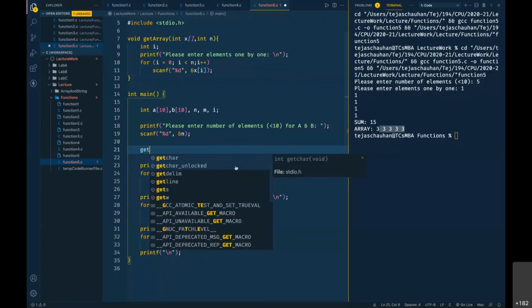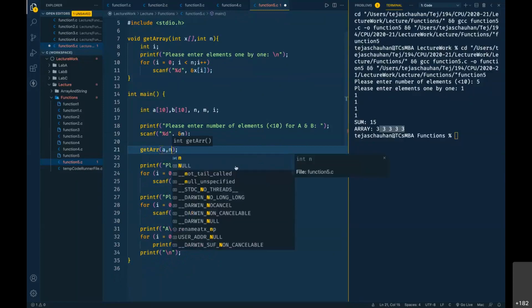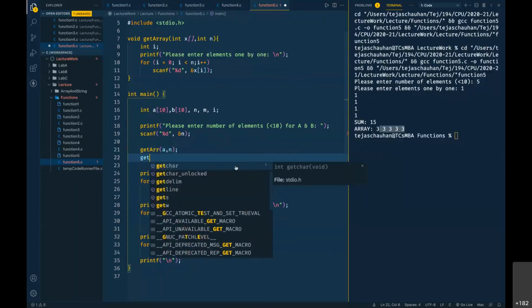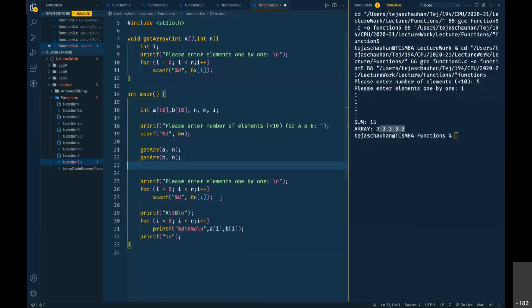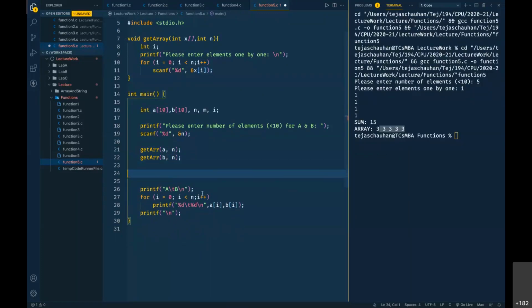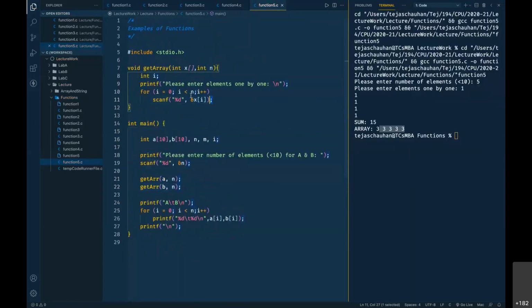You are simply going to call that function get array and you are going to pass your array. आपको अगर a get करना है तो a पास करो. Then अगर आपको b get करना है तो get array again call करोगे आप, and inside that you are going to pass b. Okay, so b के लिए भी आप 3 लाइन नहीं लिखोगे. Similarly, if you want to take variable c or array c, you are simply going to call that function, that's it. तो अब ये कोड आपने एक बार लिखा, but जब भी आपको use करना है, you can use that function to get the array.